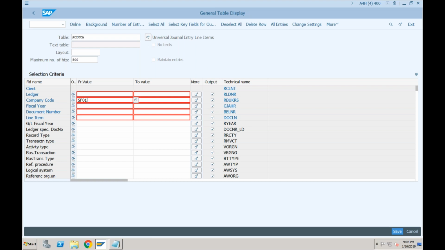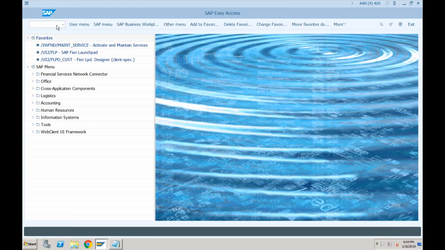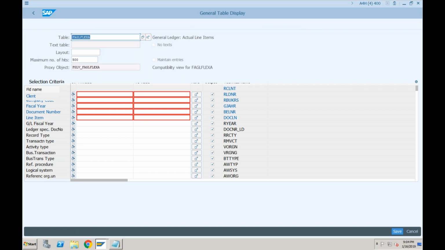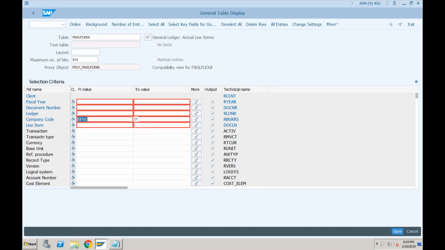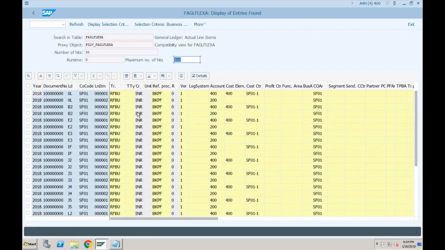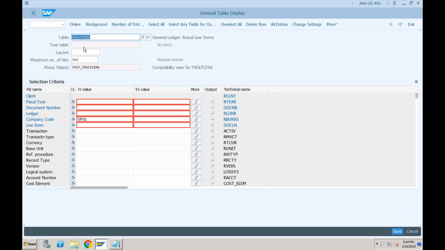So earlier the FAGLFLEXA table was used, but now if you go for table FAGLFLEXA, in SE16N, FAGLFLEXA, again if I go for company code SF01 and go online, I'll still be able to see the data. Okay, so data is still available in SF01 also.